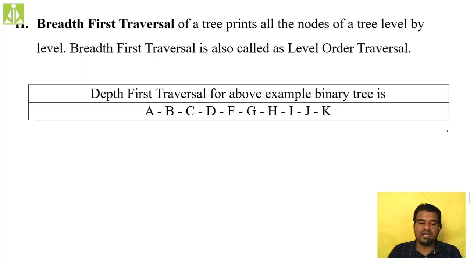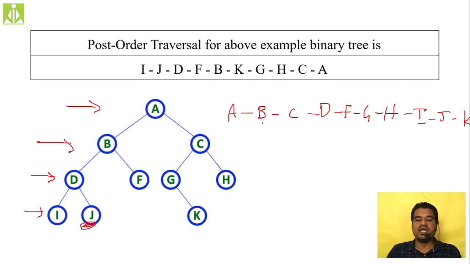If you see over here, A, B, C, D, F, G, H, I, J, K. E is missing. All are in sequence. The same thing we got, A, B, C, D, F, G, H, I, J, K. Only E is missing here also. So level by level we visit all the nodes in sequential order. For this we are not doing any implementation. Okay, this as a concept we remember, and we do the same thing when they ask in your external exams.